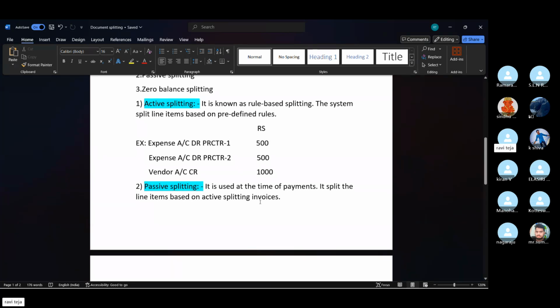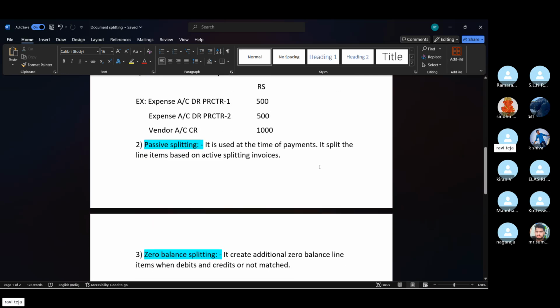Coming to passive splitting, here we cannot define any rule for passive splitting. The passive splitting works based on the active splitting. For example, if we book an invoice with this scenario, then passive splitting works based on the active splitting of that invoice. It is applicable at the time of payments.